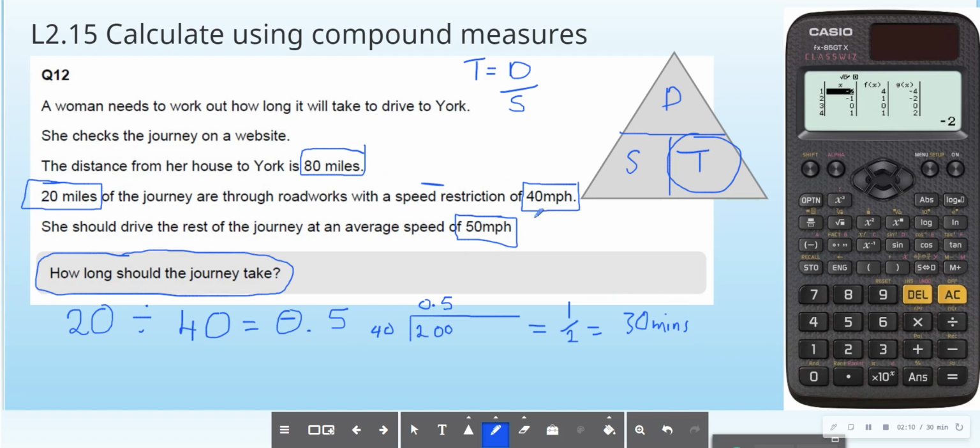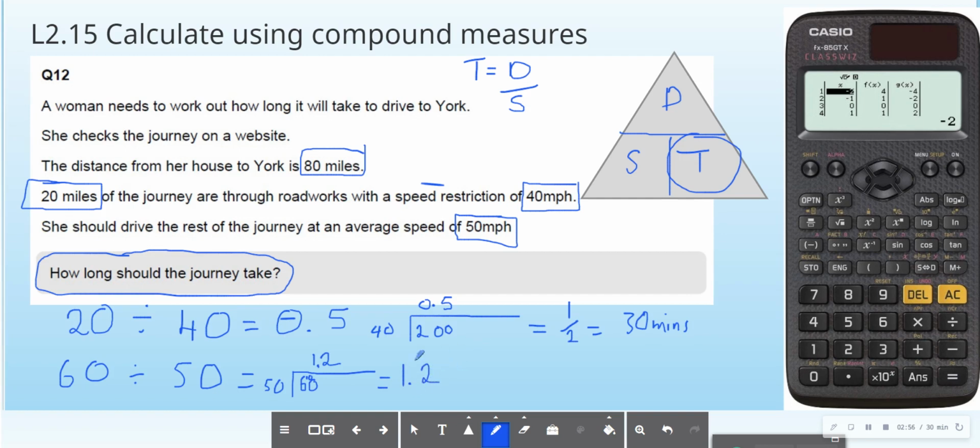The second part of the journey is 50 miles an hour. Because the whole journey is 80 and she's done 20 miles in roadworks, she's got 60 miles left, and we divide that by 50. So 60 divided by 50. Let's do our bus stop again. 50 there, 60 there. 50s into 60 goes once, but it's got a remainder of 10. So let's squeeze that 10 in there to make it 100. 50s into 100 goes 2. So we've got 1.2